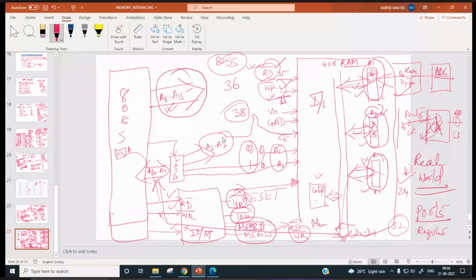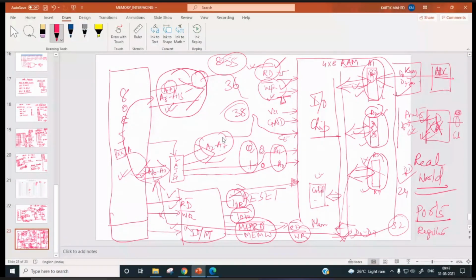So whenever the processor is reading data from the IO chip, it will send an 8-bit address over here, and the same address will be duplicated to A8 to A15. So either decoding from here you can generate chip select, or decoding from here you can generate the chip select.